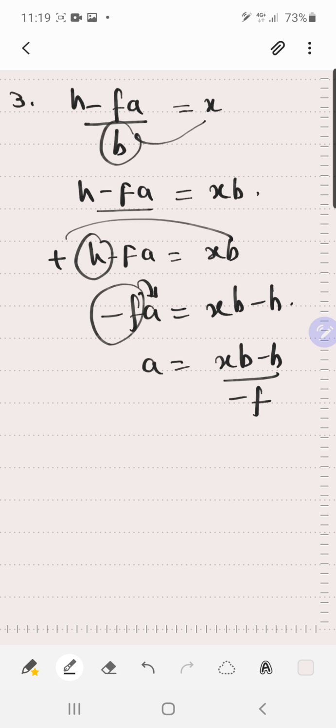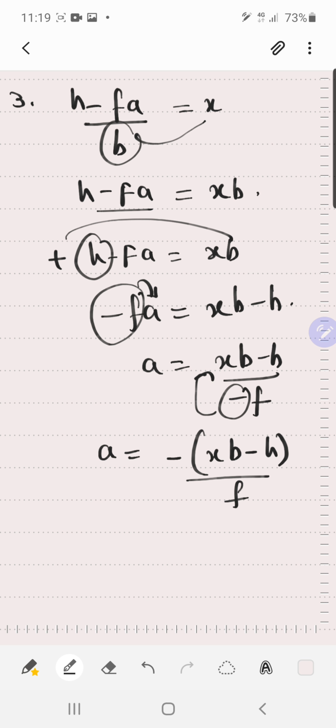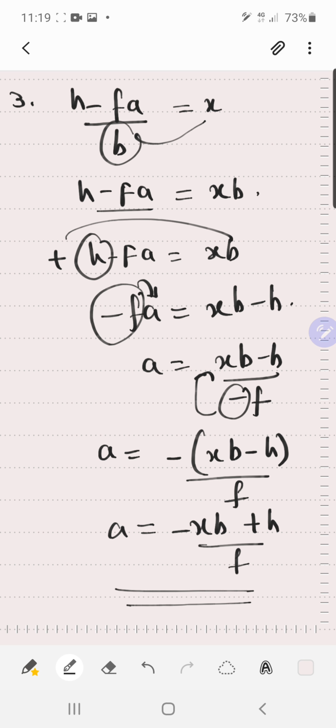My dear kids, as we all know, as per the standard rules of writing a fraction, there should not be a negative denominator. So this minus sign is transposed up to the numerator. If you want to open the bracket, you have to open and change the inside sign. So your final answer will be something like this.